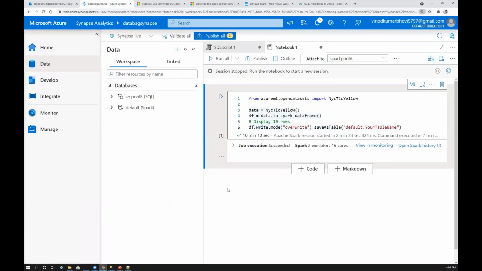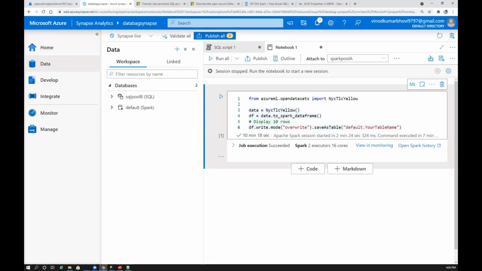So today we'll be looking into a few other options and a few other important topics within Synapse, especially when it comes to the exam. I think we can also run some queries and see, right? Yesterday I explained the different modules and components we have. But let's try to run some queries and see which query you can run on a SQL pool, and which code you can execute on a Spark pool. And then we'll try to understand some high-level data warehousing concepts when it comes to the exam. So without wasting any time, let's get to it.